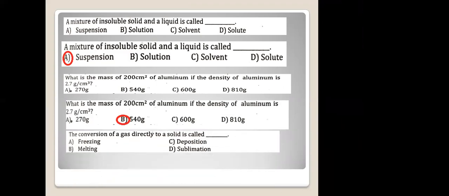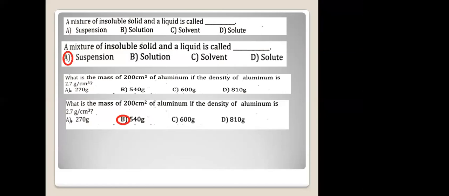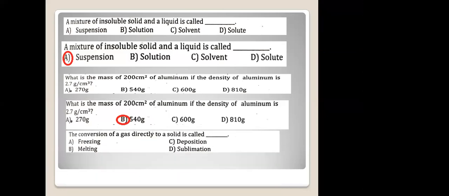The conversion of gas directly to a solid is called... One second. Wait, guys, don't answer. Hold on. The conversion of a gas directly to a solid is called as...